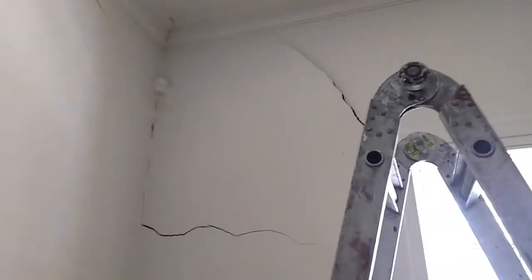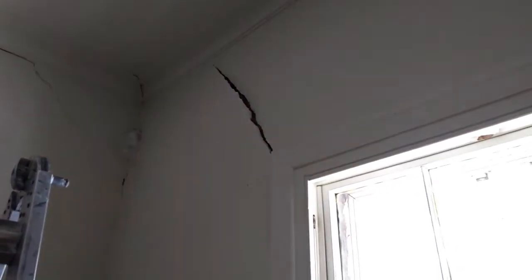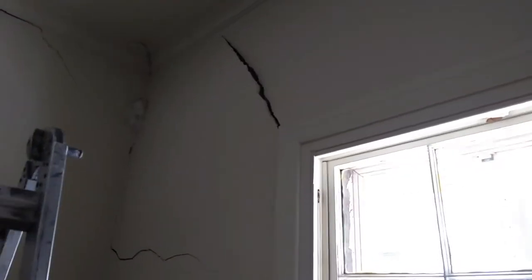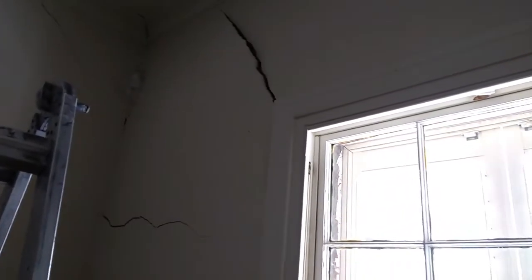Hi guys, I just want to give you some tips regarding plastering repairs. Now that's pretty bad, so I haven't gone up there yet and had a look at what needs to be done. The whole side might have to be removed, but I think I should be able to just cut it somewhere in the middle and make some room for it to be pushed back, because at the moment the reason it is curved outwards like that, bowing outwards, is